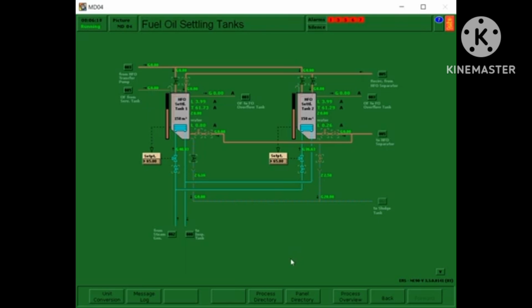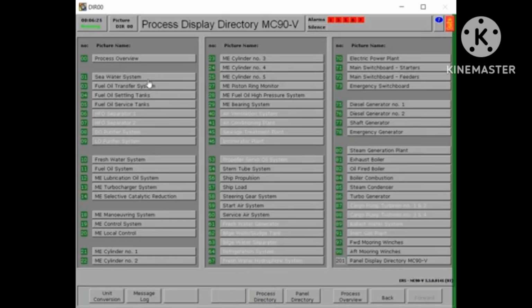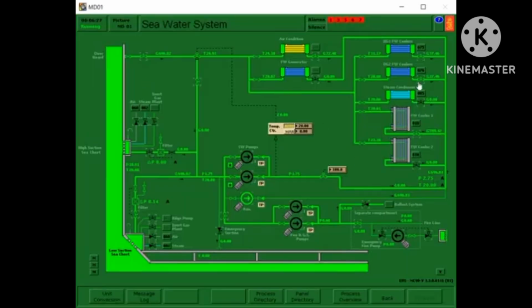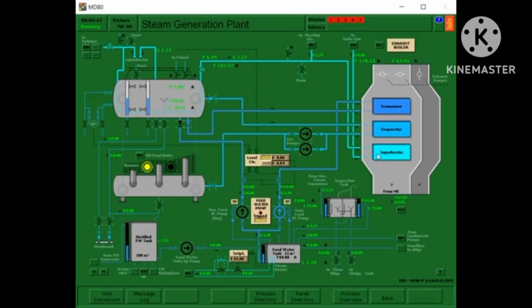So we need to close, we need to go to MD1, open this valve. We need to open this valve, this pump, this drain valve,